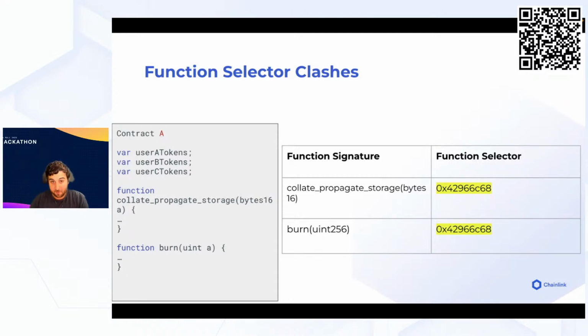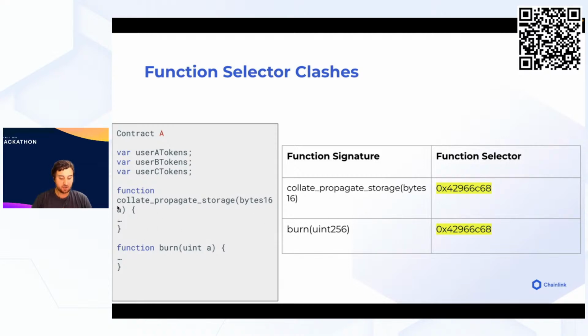So just like we have variable slot clashes, we can have function selector clashes. It is rare, but it can happen. And this can be very dangerous, just like the slot clashes. So let's look at two functions with the exact same selectors, right? We have the function collate_propagate_storage, which takes a single bytes16, and the function burn, which takes a uint. And both of these functions have the same function selector, right? So